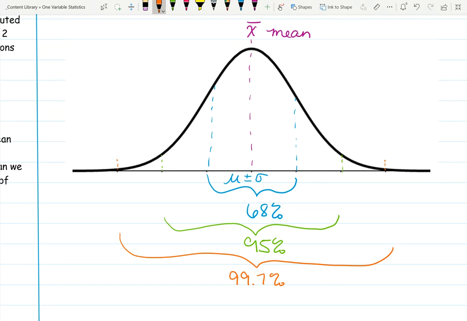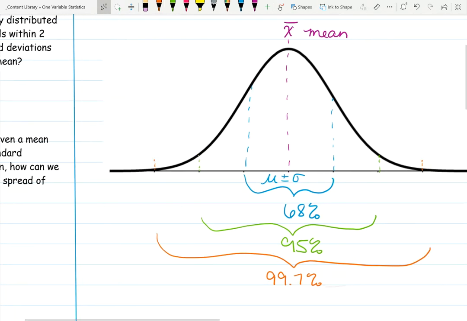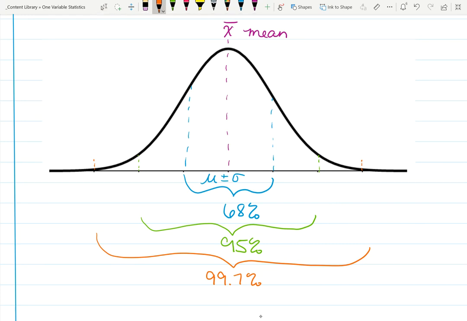So sometimes they'll be asking, let's see, what's the question? Normally distributed data falls within 2 standard deviations of the mean. Within 2 standard deviations, that's going to be 95% of our data. Now, sometimes we might be asked to look at specific sections. So 68, technically that takes up 2 sections. So if I divide that in half, I've got 34% of my data above the mean and 34% 1 standard deviation below the mean. So if I continue that pattern,